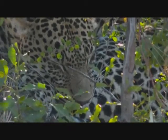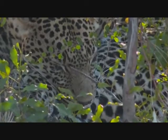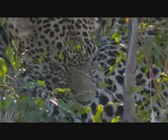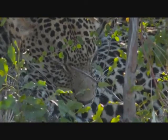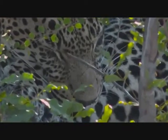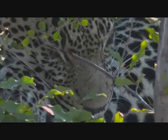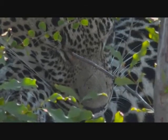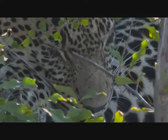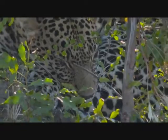Now, just going back to the Shimbambalana and Quarantine conflict, most leopard arguments have settled relatively peacefully. There's a lot of growling, a lot of posturing, but they actually very, very seldom come to blows. Things are going to change, though, as Quarantine starts to grow older. At the moment, he hasn't quite reached his prime. He will be much smaller than Shimbambalana in terms of just weight,